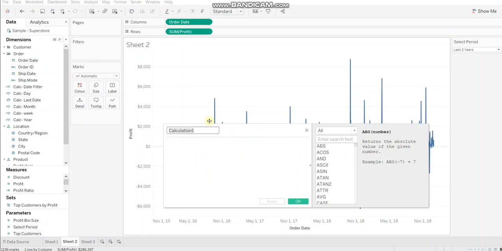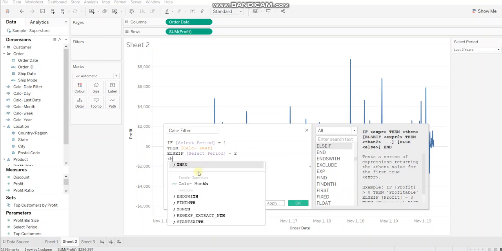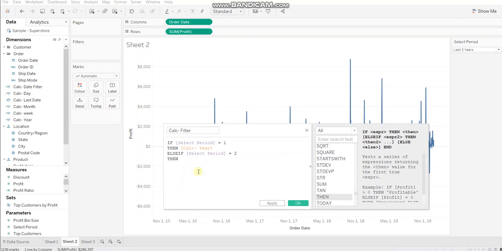So again create a calculated field. Let's name it as filter. Okay. I'll use if else condition. If select period equals 1. So on the first position we have years value. So if select period equals 1, then show year calc here. Else if select period equals 2. On the second position we have month, so we'll show month.